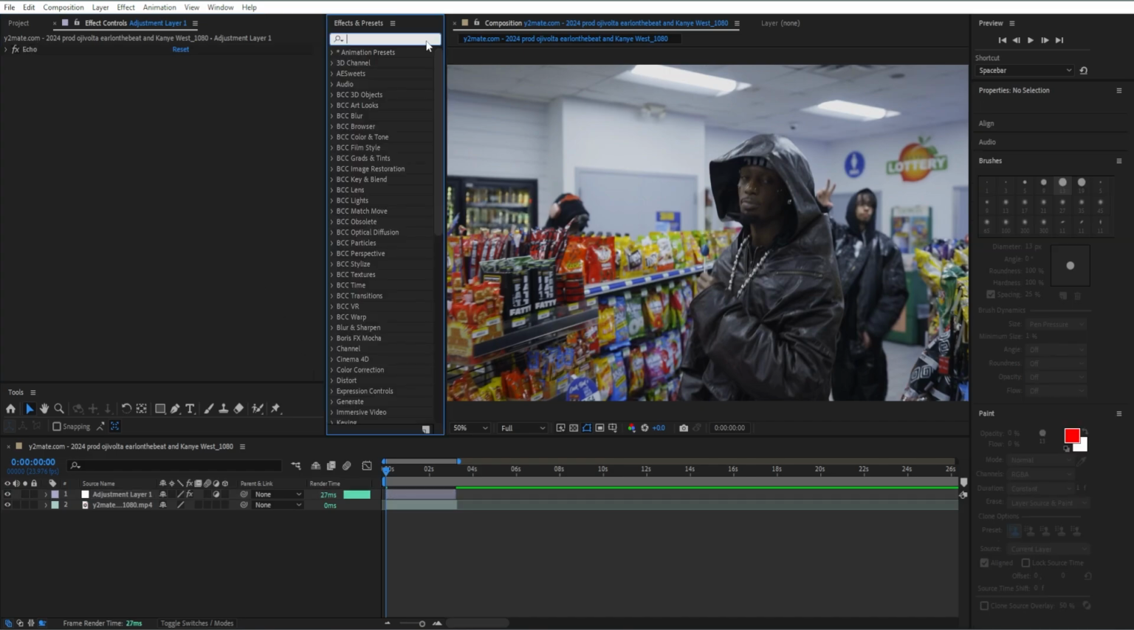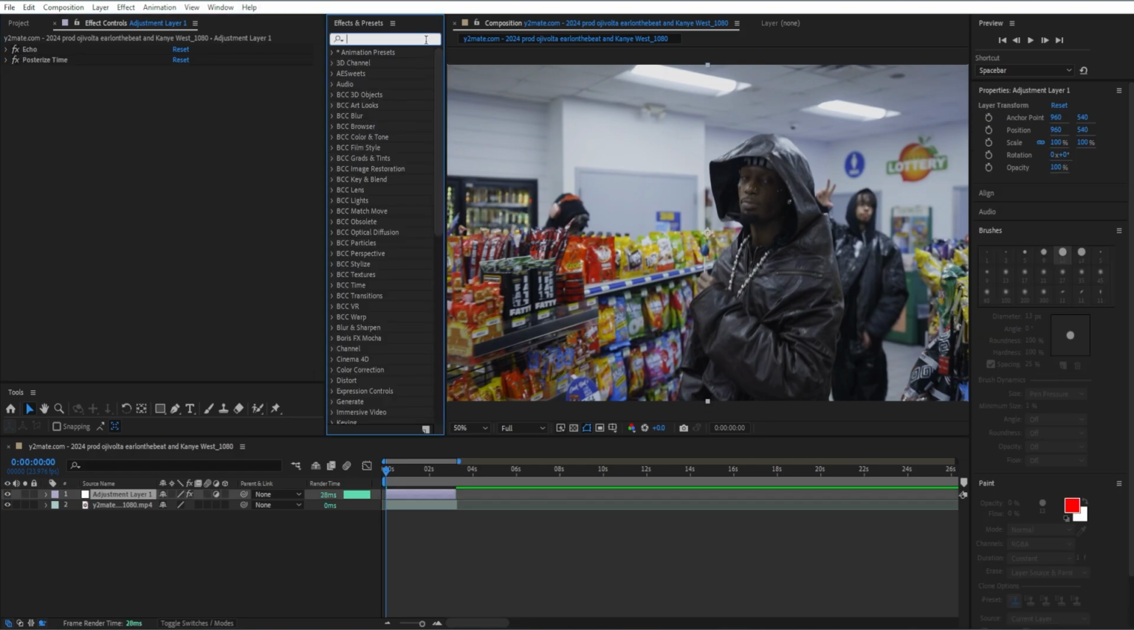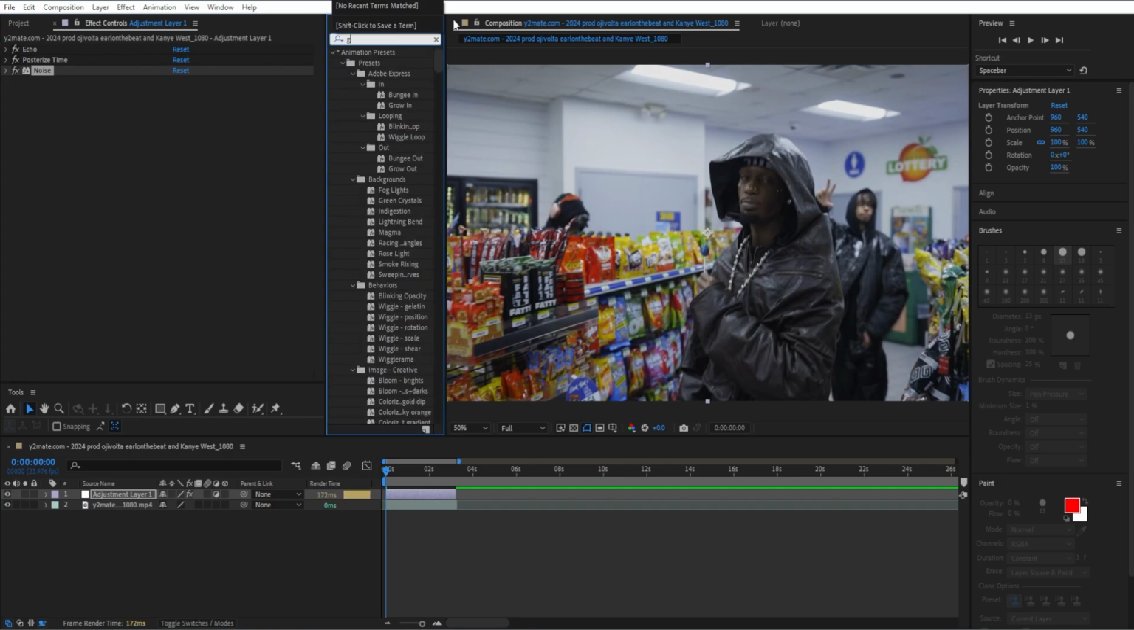Next I'm going to add is posterize time. I'm going to put the frame rate at 15. Then I'm going to head down and go to noise. Then I'm going to put the noise at 8. Then I'm going to add glow,